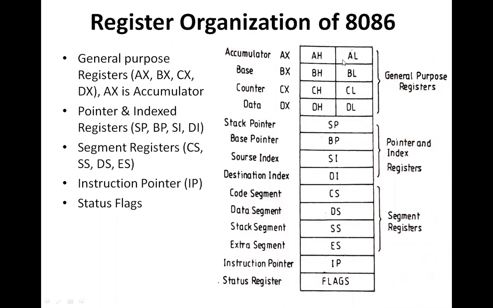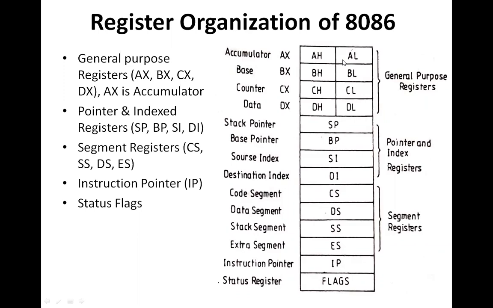Pointer and the index register are used to point the memory, and as previously told, the address used in 8086 is represented by 20-bit. If I say 20-bit, it means 5 hexadecimal digits will be used to locate the individual memory registers. Since we don't have any 20-bit register, even though we use a 20-bit address, for generating the 20-bit address, we will be using 2